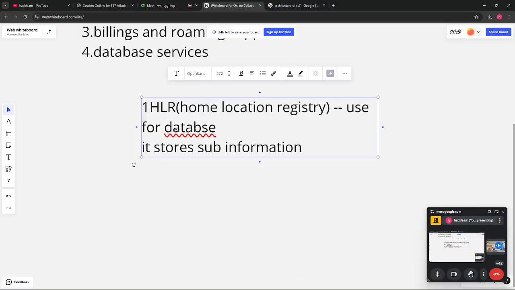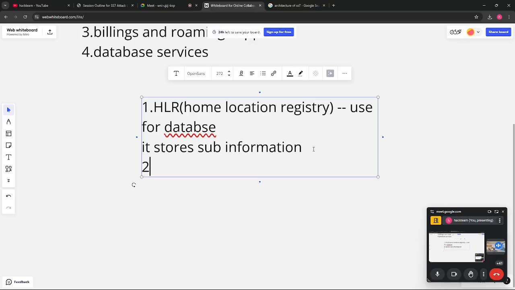So just keep in mind, HLR saves information about where you are moving. If anyone wants to modify or erase some data, they have to look into the HLR information.